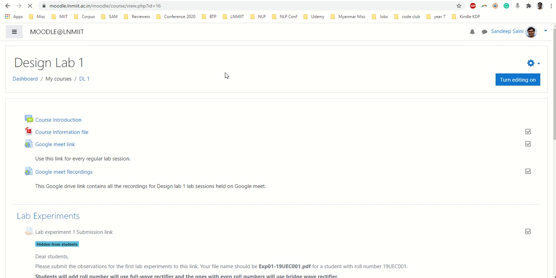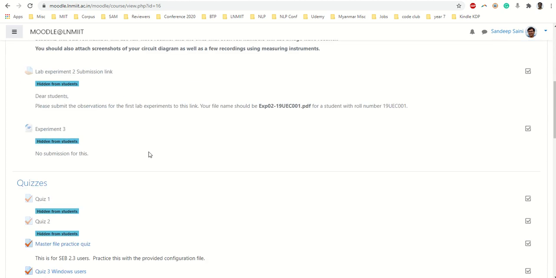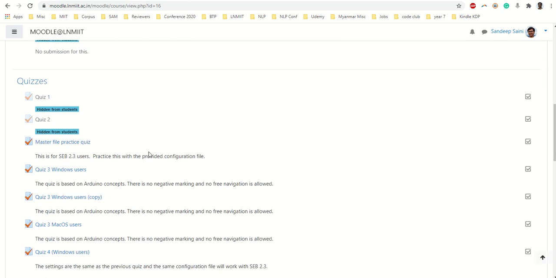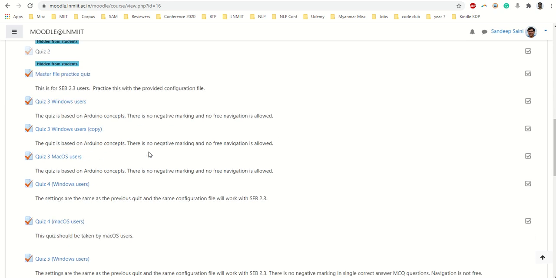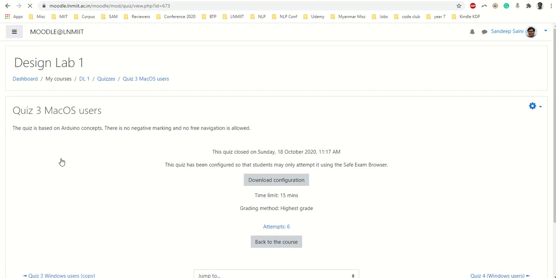You don't need any configuration file. Please remember, Mac OS users, you don't even download that SEB file which we are sending. It is not for you. Don't even download it and don't double click. It is not for you. Please remember, later you will come and say my SEB is corrupted and you will be in serious trouble. I'm repeating it one more time. Don't touch the SEB file, Mac OS users. So now there is a quiz for Mac OS users. Go to that quiz. We are still using a regular browser like Chrome or Safari, anything.